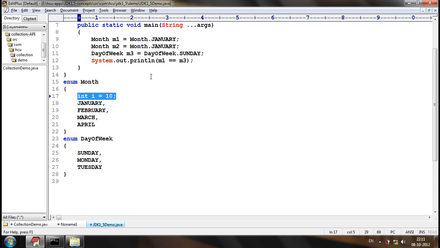Attributes, a method or a constructor or initialization block, whatever member we define in an enum, those members should be defined only after the enum constants.